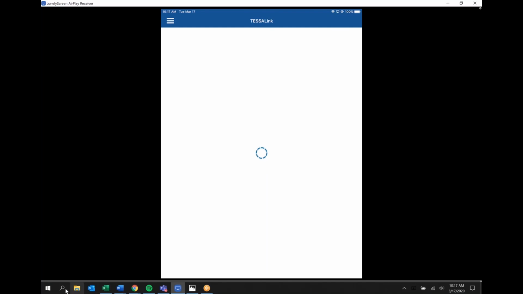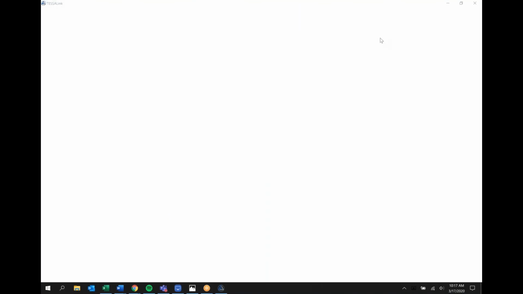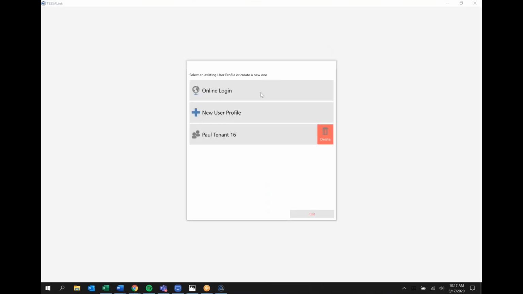Now for desktop, this is going to work in much the same way. Let me go ahead and pull that up here. So you can see, just like in the mobile version, we have the online login here. If I log in on mobile, it'll do the same way in that it will constantly sync for me, so I do not have to press the synchronize button, and that synchronize button actually will not appear for me. Beyond that, I also have the ability to create a local profile, as you can see right here. So when I do that and log in,